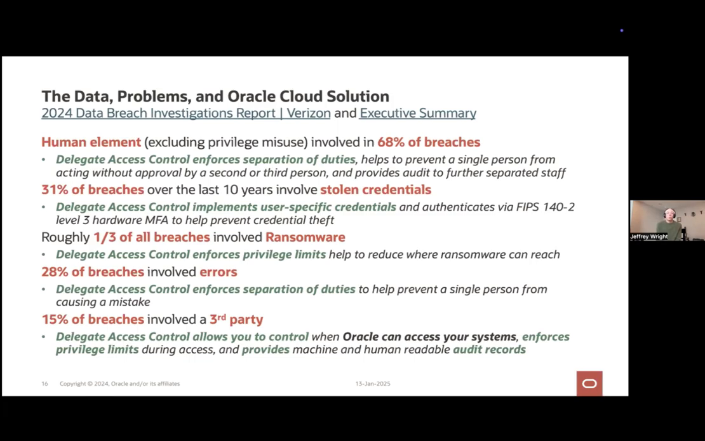Verizon publishes a report every year. The links on the slides will take you directly to that report in the executive summary. We've pulled some pieces from that report to show you important things that actually go wrong in the real world, and then help you match that up with delegate access control so that you can see that this software is explicitly designed with the requirements to fix the most important, most commonly occurring breaches that are listed in this